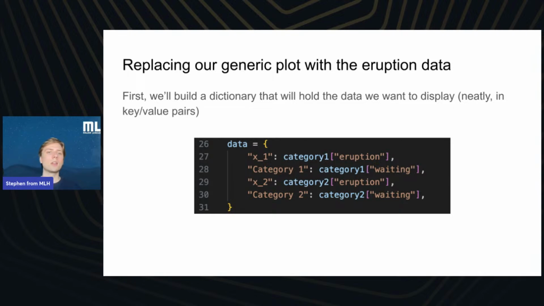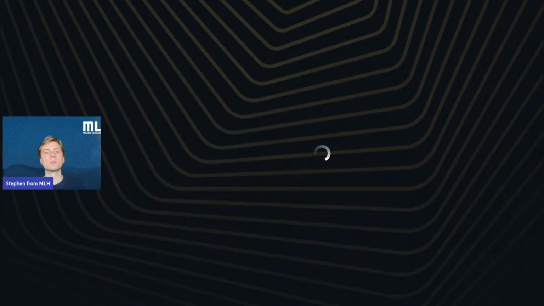And then category 1 I've shown is the y-axis data, the waiting period data. And the reason I named it category 1 is because I want that to show up in my legend. You could just call it y1 and then manually modify your legend, but I just wanted to do this to make it a little simpler. And then I did the same thing for the second eruption, just replacing 1 with 2 everywhere and putting all of this into a dictionary so that we can call it in our chart.